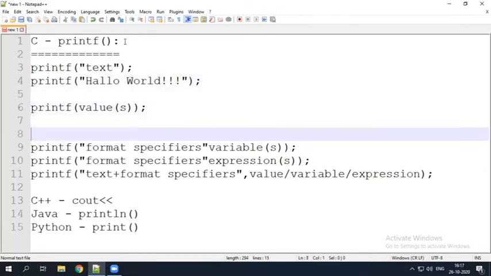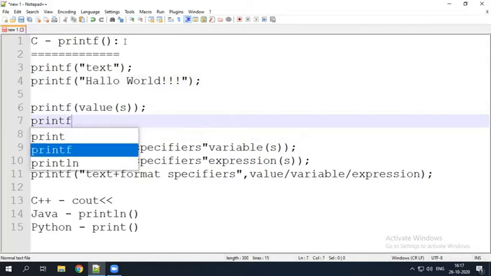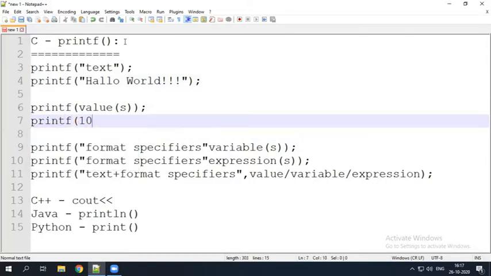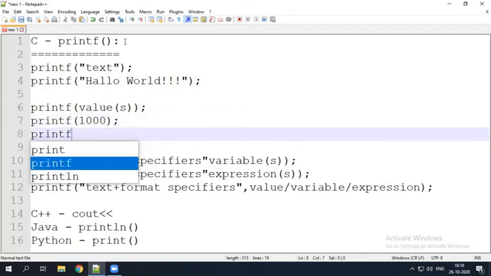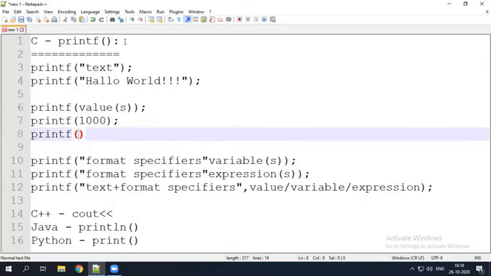Next, values. Here you can directly print some values, 1000 directly. It is also possible. Or you can directly print values like 1000 plus 2000.